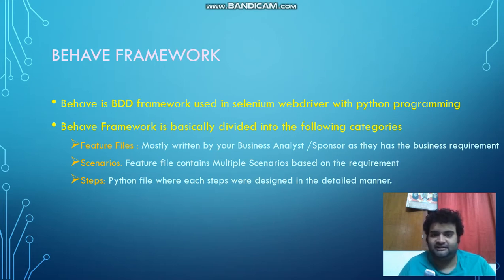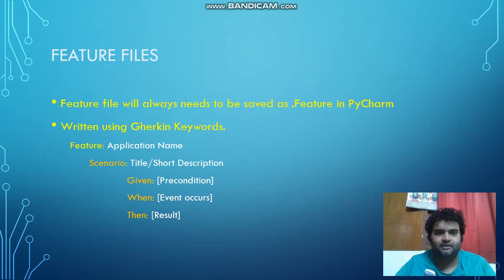The scenario contains the detailed test cases that we are going to execute, and steps are each and every step we are going to execute in a detailed manner. In PyCharm, we need to save a feature file as .feature.